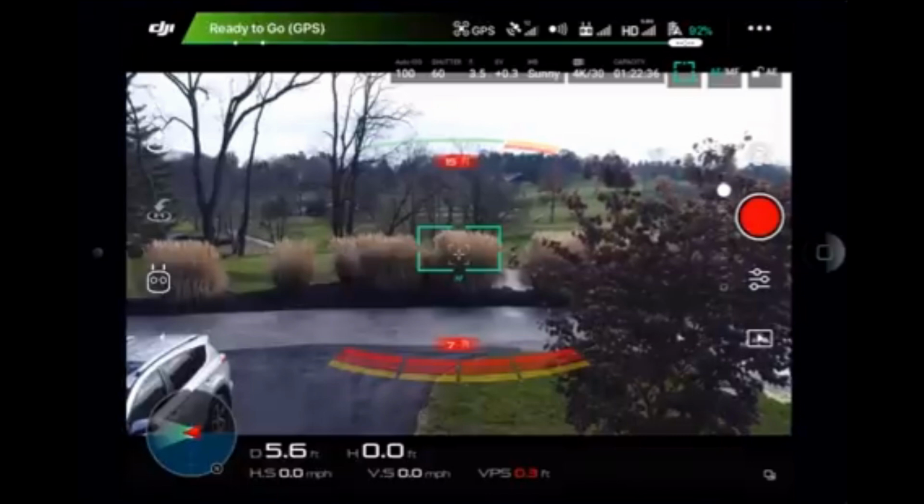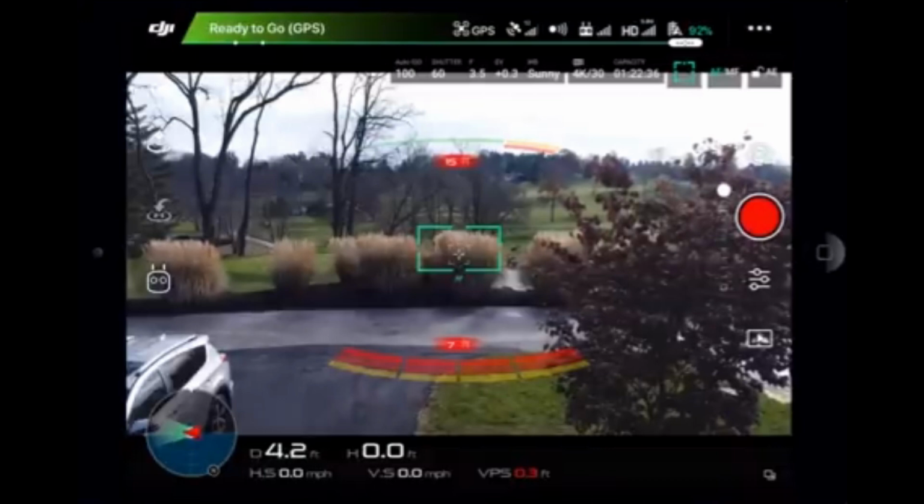The final icon on the screen is the map in the bottom right corner. I have this hidden so I won't give away my personal address, but it's fairly easy to use during flight and easy to navigate. Now that we've gone over all the icons on the home screen, it is time to